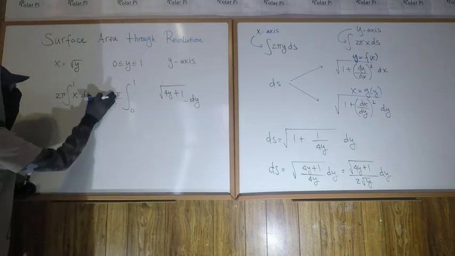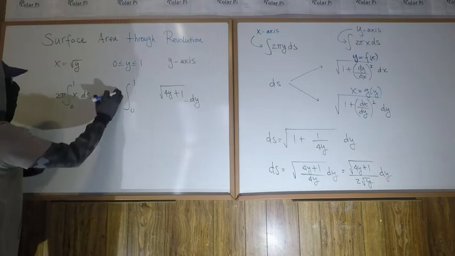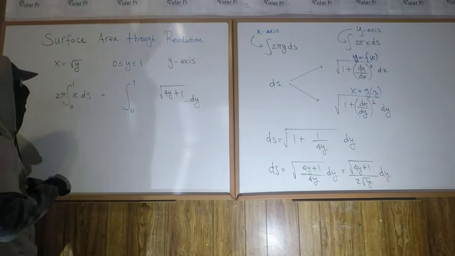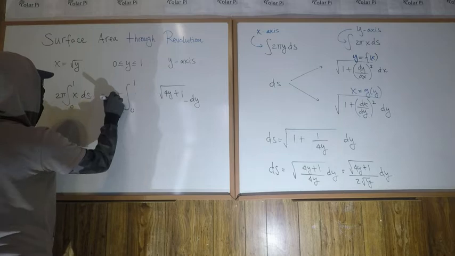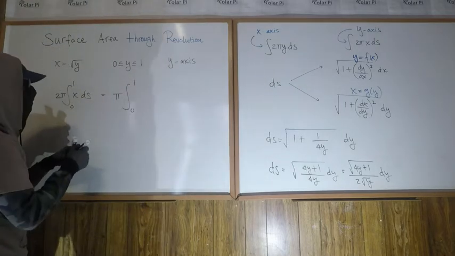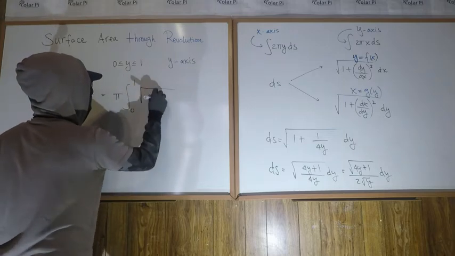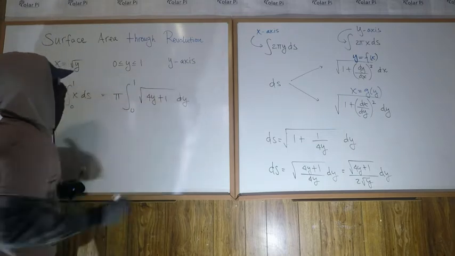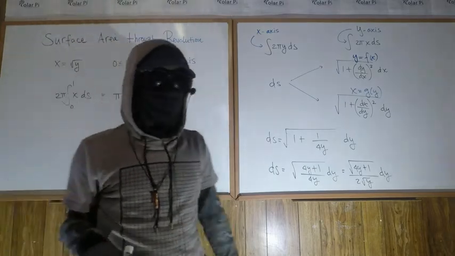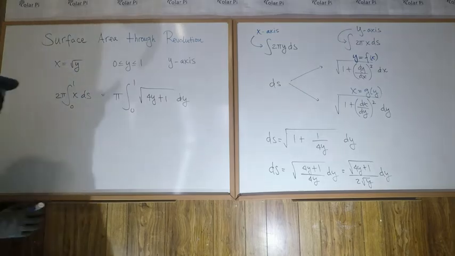So we just have pi times the integral, let me write that pi bigger, it's got all the space it needs now, pi times the integral of root 4y plus 1 dy. Okay, you really don't need to use substitution here, but you can if you want. For some of you it's probably helpful, and so